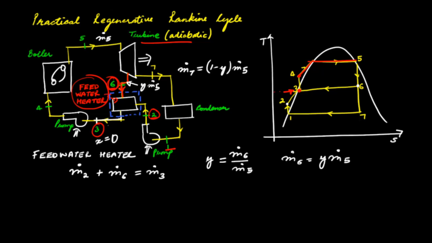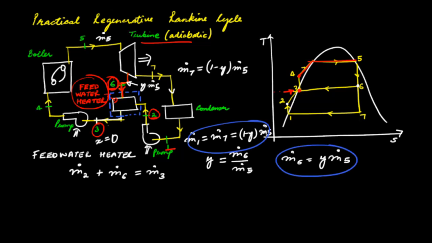And what goes into the condenser at steady state comes out, so therefore m dot 1 is equal to m dot 7, and that is again (1 minus y) times m dot 5, and also m dot 1 is equal to m dot 2